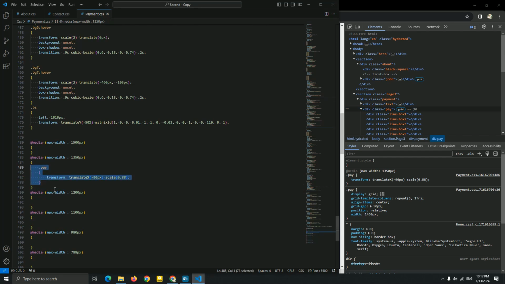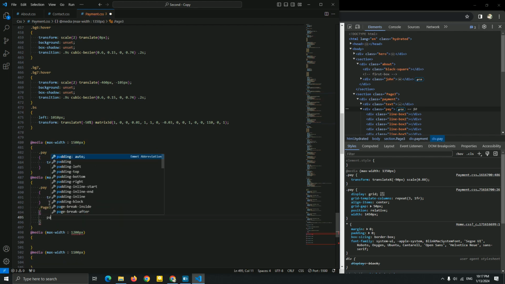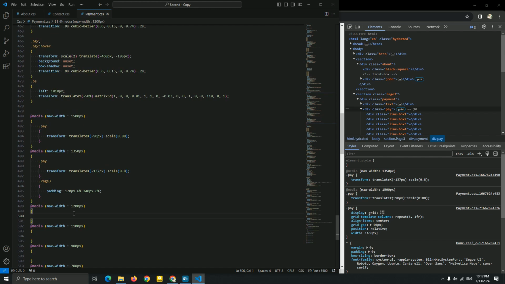Just copy this, paste it, and I think this is for this, and for this I'm gonna add this. Okay, just gonna change this to the left to come to the left. Okay, gonna add more for this. Gonna add 100. Okay, this is good. Let me just add the page 3 to just add padding for this. Okay, 6% to just 240 pixel and 6%. Just for the left and the right, decrease it, guys. Now let's go to the next media of this number, guys.